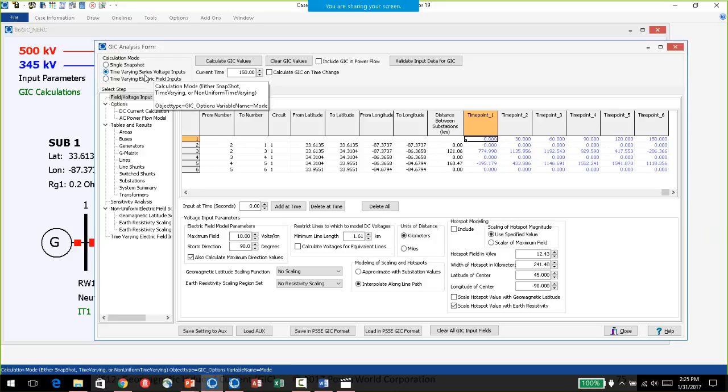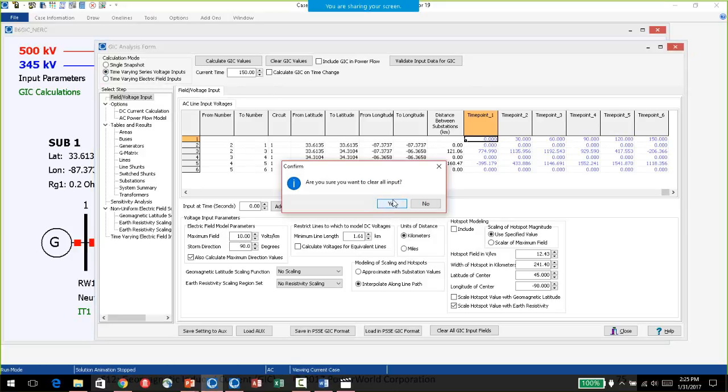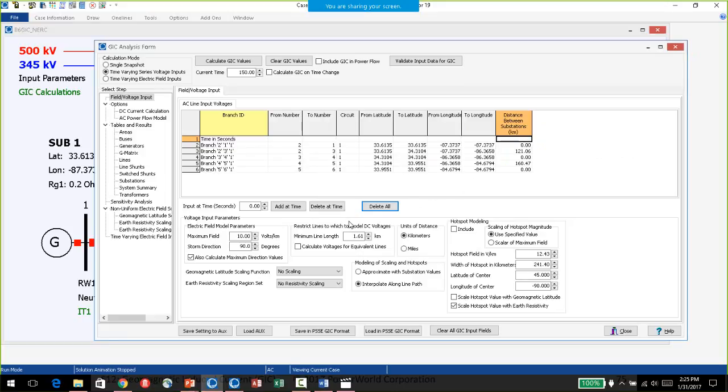On this time varying series inputs, I'll choose to delete all of them. That'll clear that out. If you wanted to create your own, the way you would do it is you would say at a given time, let's say at time 0, let's make the field 0, so that it'll ramp up to a certain value and then come back down.